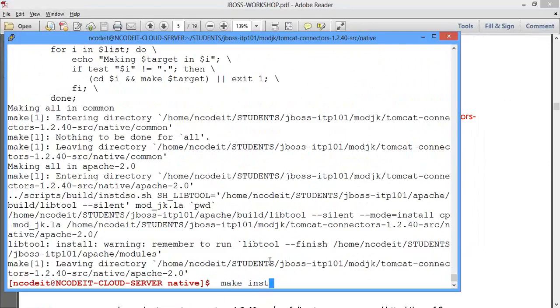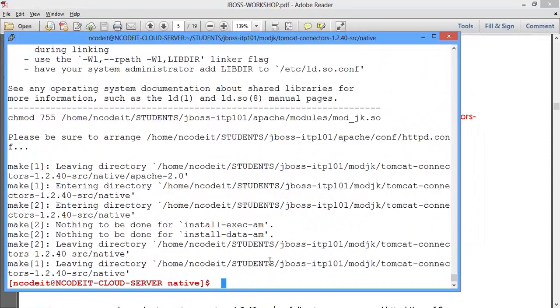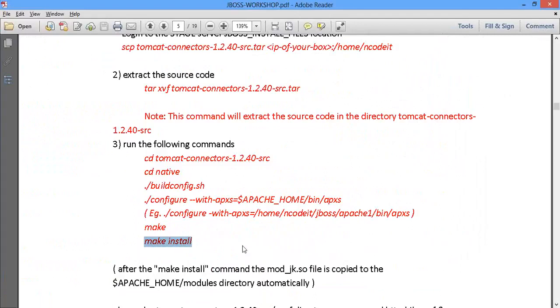And finally, make install. That's all. Now, the good thing about this one is this make install actually copies the .so file into your Apache home modules directory. See, when you configured this thing, you have actually given the details of Apache home. So your mod_jk already knows about your Apache home. Because it knows about the Apache home, during the last make install, it copies the .so file into your Apache